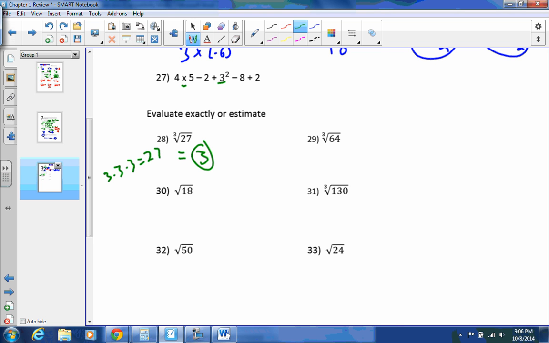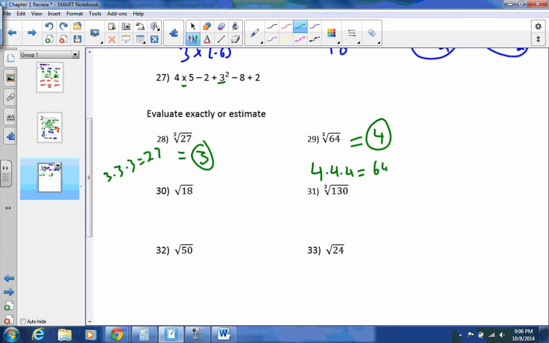Cube root of 64, what times itself 3 times gets you to 64? Let's try 4 times 4 times 4, since that's a little bigger than 27. That actually does equal 64, so our answer is 4. All right, cube root of 130, I don't think there's a perfect one for that. But if you think,